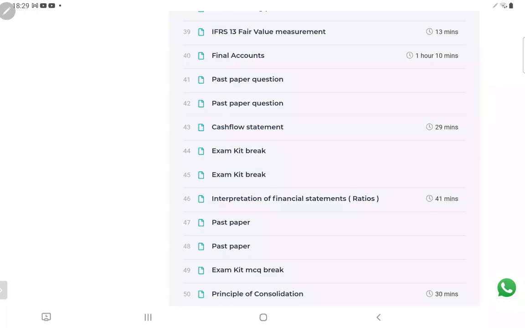You always get this topic in section C, but you will get it either with the final accounts question or with the consolidation question as well. The examiner is very clever. He is mixing up this topic either with consolidation or with the single entity financial statements. So you must know how to draft the answers, and we will do detailed section C questions on it in live sessions to make you learn